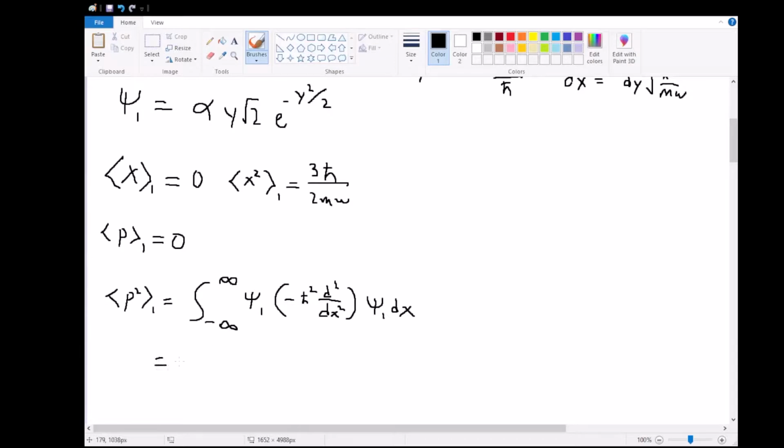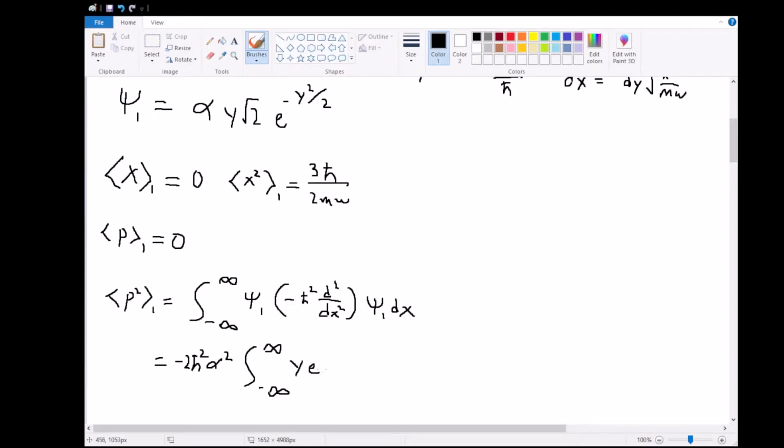Let's move everything out to the side, and then express everything, and we get negative h bar squared, and then we have 2 at the front, and then the alpha squared term, and then we have our integral from negative infinity to positive infinity of, let's see, this is going to be